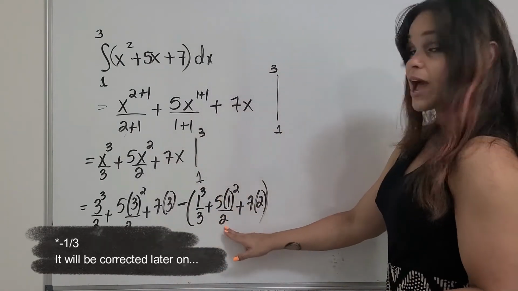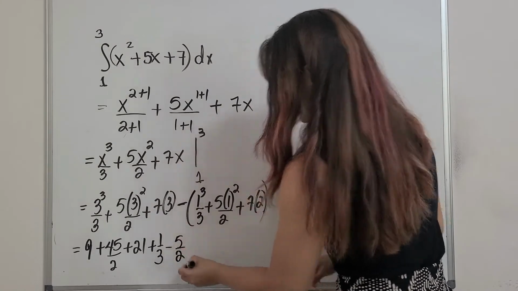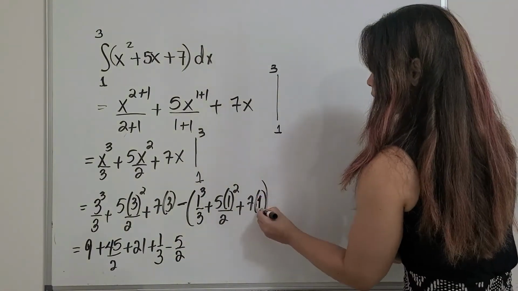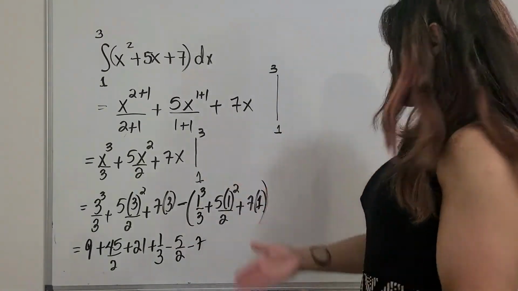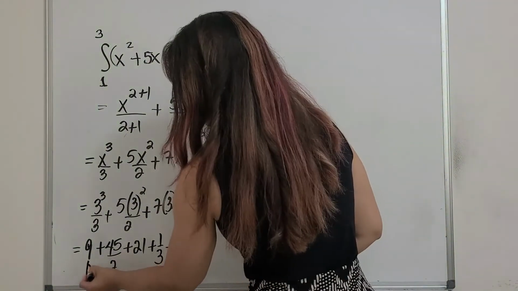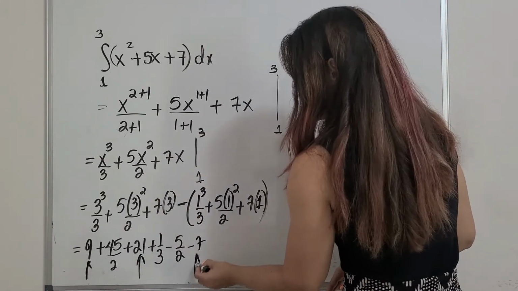Here I have 5 halves times the minus, which is going to be minus 5 halves, and 7 times 1, which is 7, but it's going to be minus 7. And continue simplifying. Okay, I observe that I have the constants here, so this is going to be 9 plus 21, which is 30, minus 7, which is 23,